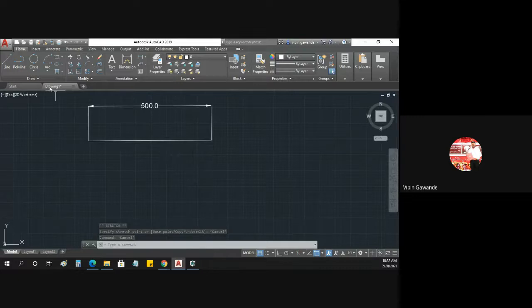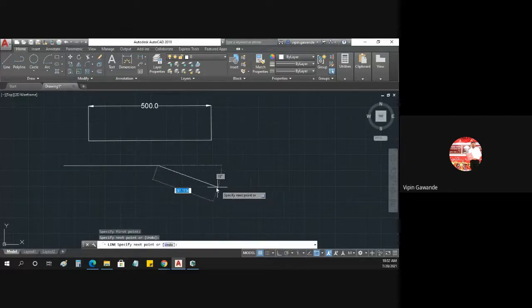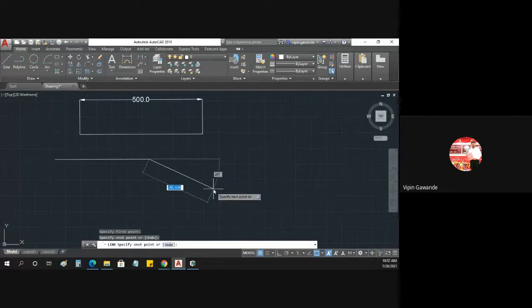Okay. Then see this thing, what we have done, we have drawn the line. Suppose I have drawn one line here. The second line, suppose I want as an incline. So you can make the angle also. Suppose I want here the 30-degree angle. See, this is the angle. At the bottom you can see this is the angle.